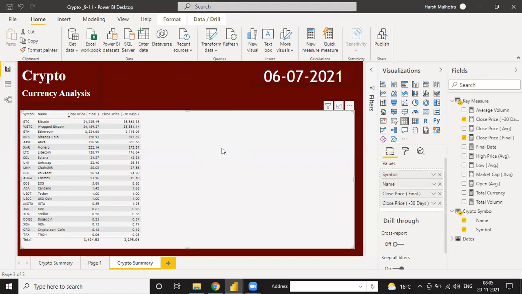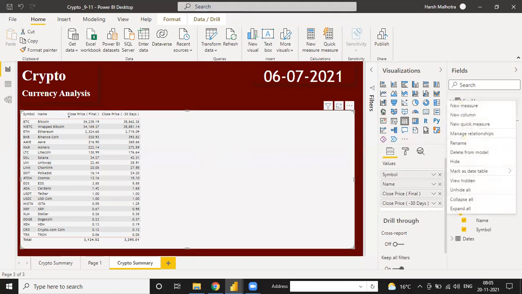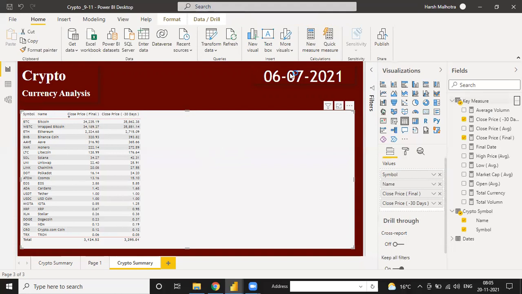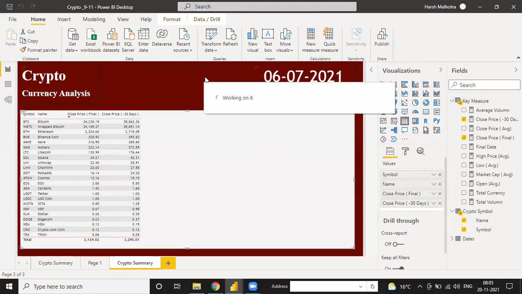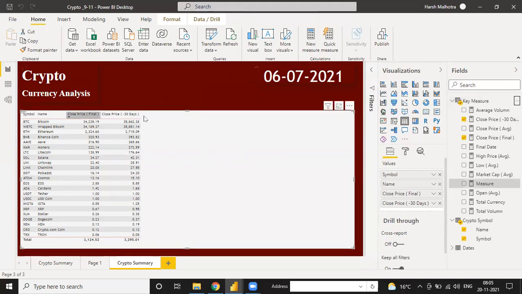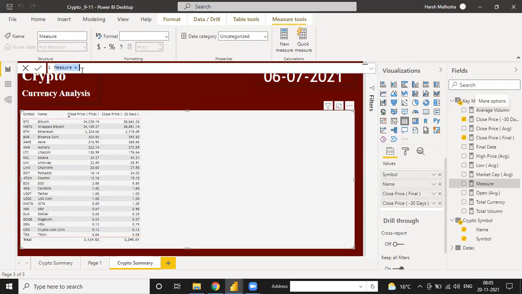Okay, so now I'm going to use a different changes function. And changes is, guys, very simple. You can directly do a minus b. So I'm going to use variance of final minus 30 days.